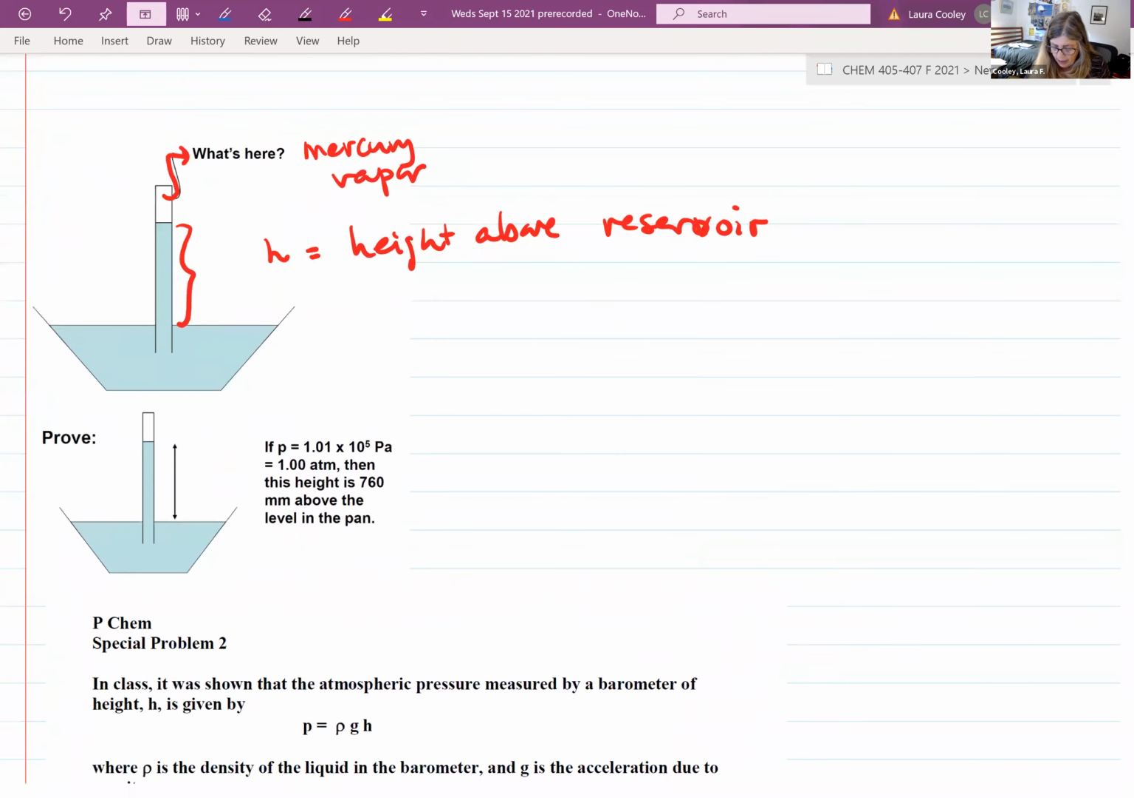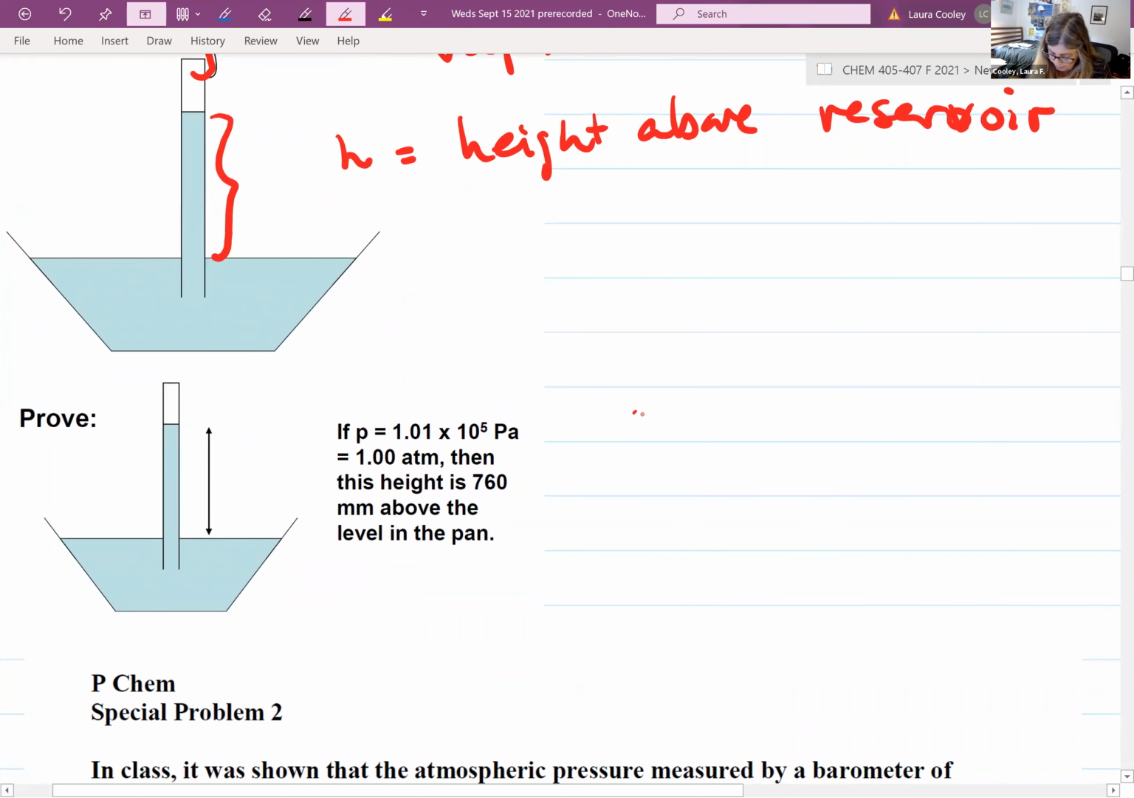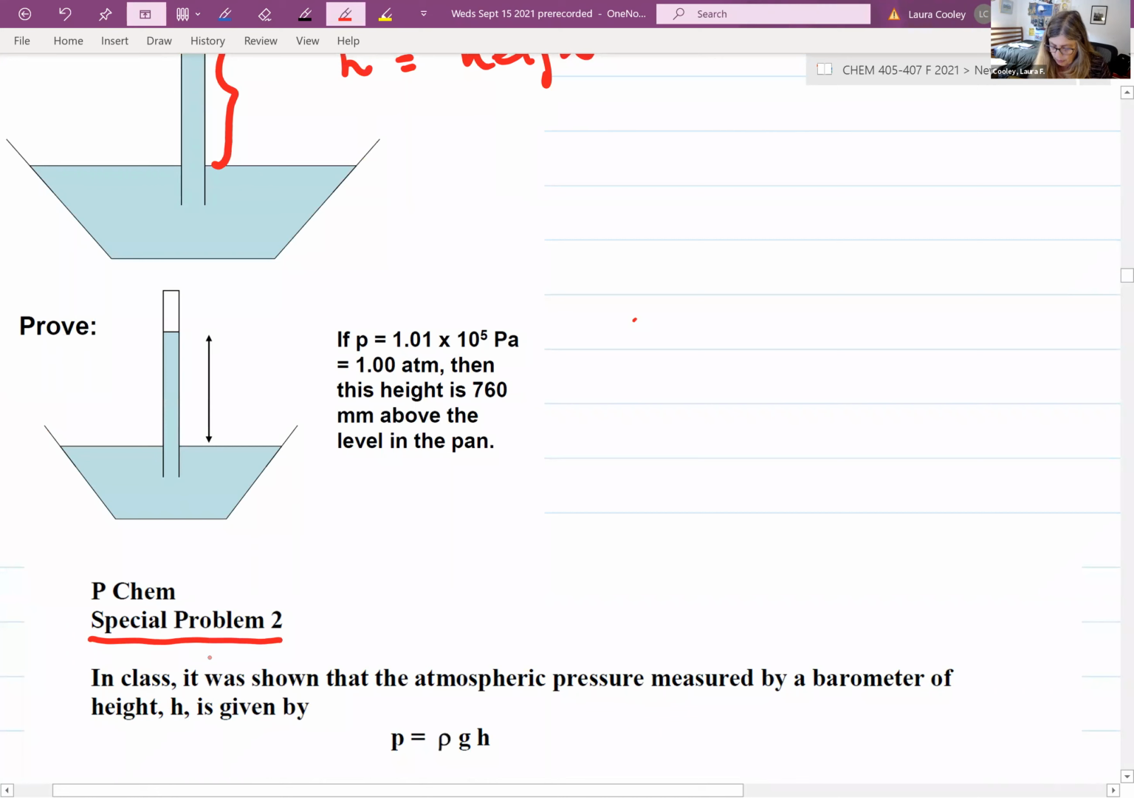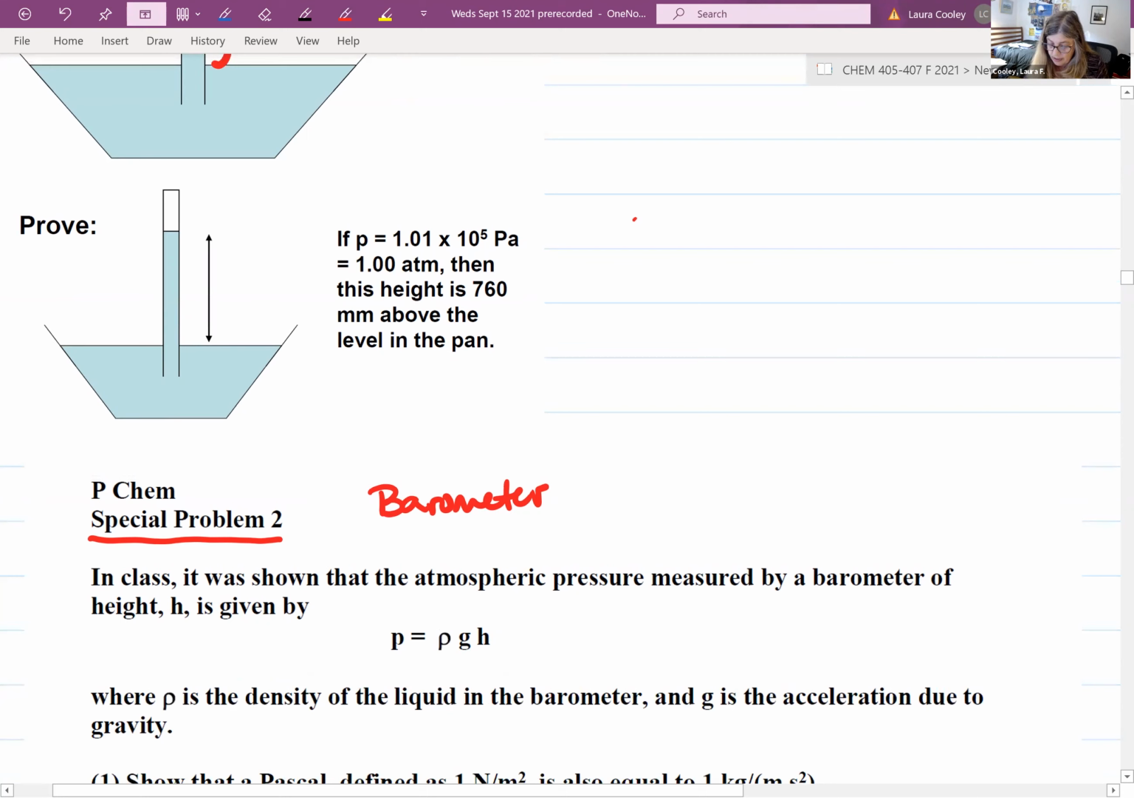So what I have here is a special problem. Here it is, special problem 2. This is on the barometer. And I'd like you to do a couple of things in this problem. So what this problem is all about is it's saying that if the pressure is 1 atmosphere, 1.01 times 10 to the 5th pascals, then I would like you to prove